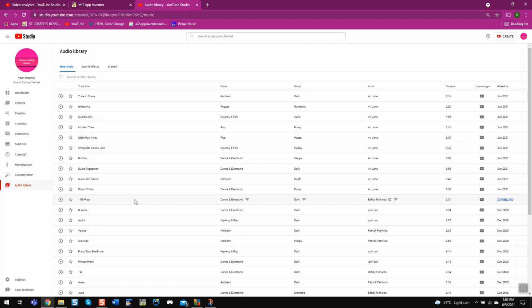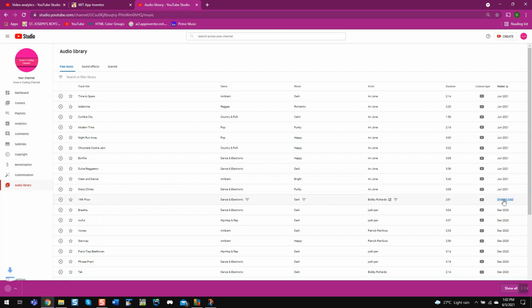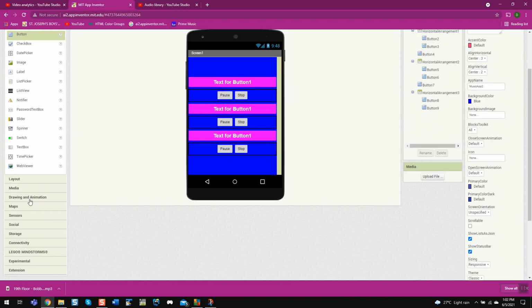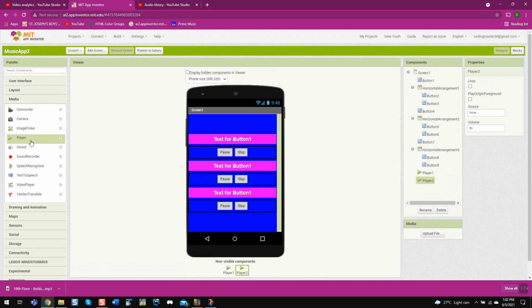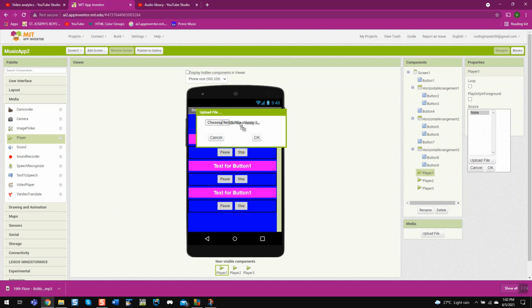And then I need to download this song, 19th floor. Click on download and see, it is only 4.6 MB, so it will work. And come back here, go to media and put 3 players on the main screen. Click on Player1, Source, upload file, 19th floor, and then click on OK.